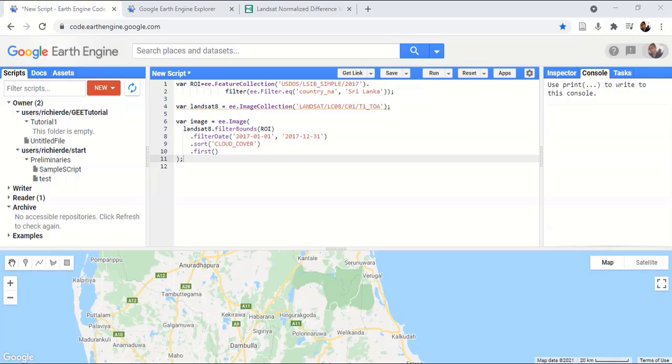Therefore, for those who were not present during my last lectures, I will first explain what these codes are for. First of all, I have created the region of interest and extracted Sri Lanka for my study area. For that, I have used a vector dataset which is available in Google Earth Engine, which has all the geopolitical